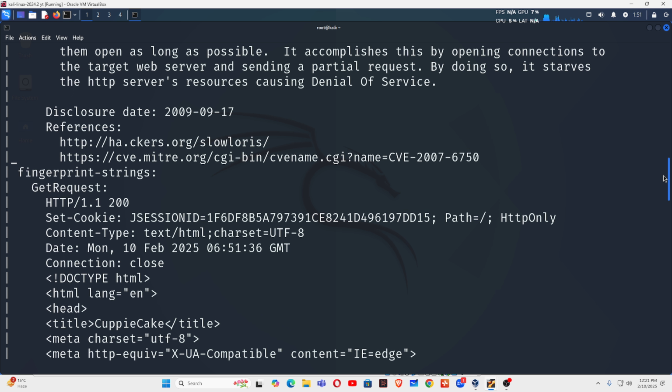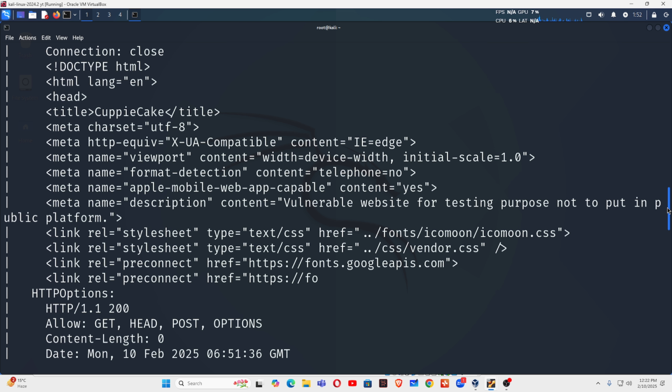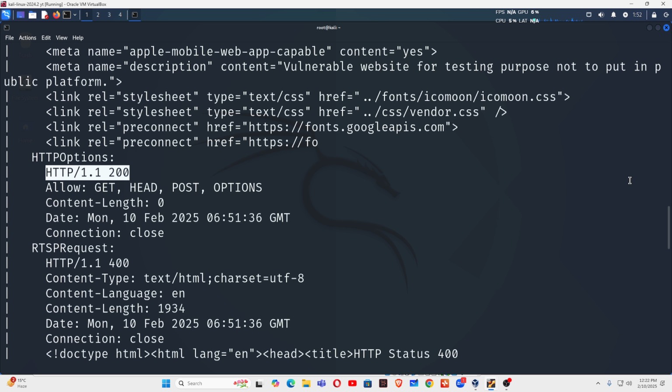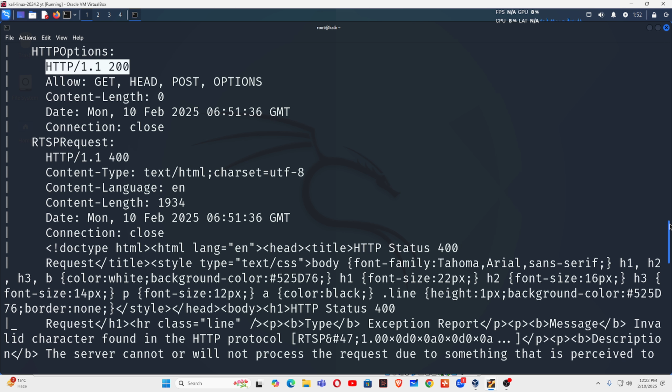It's also showing some requests, like the website is using HTTP 1.1, and it's showing path HTTP only, which means no HTTPS. And if you go through the page you can see the name Copycat, which is the name of the operating system which we have given. If you are an HTML and CSS student, you have learned about HTML and CSS, you will understand what this code means. This page links with each other, and this is giving the HTTP option, HTTP 1.1, which is very vulnerable, is being used here right now. So we are using a vulnerable HTTP version.